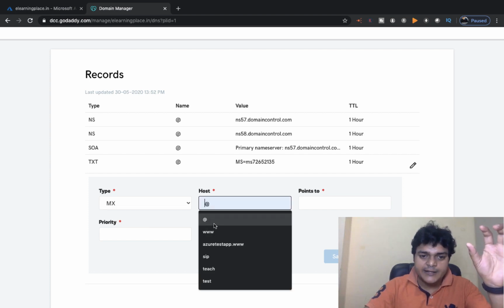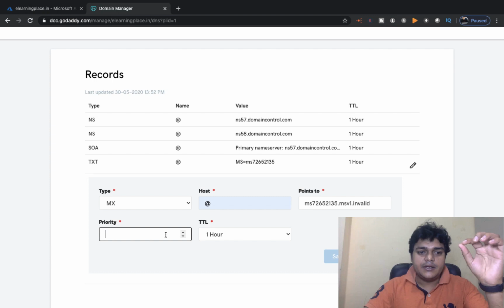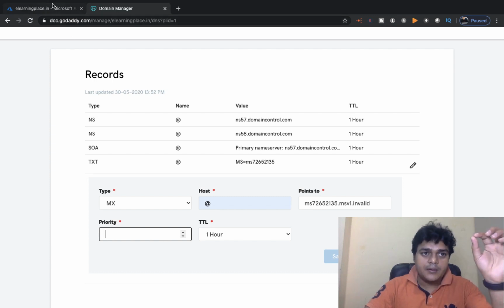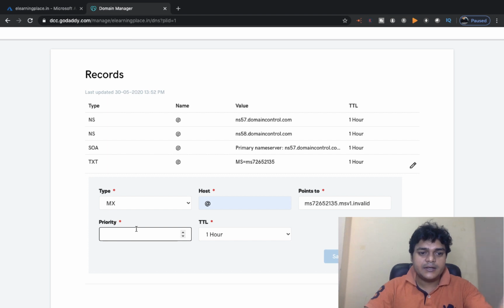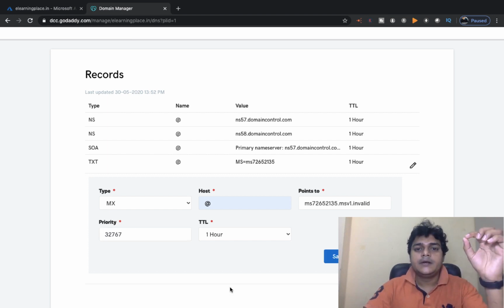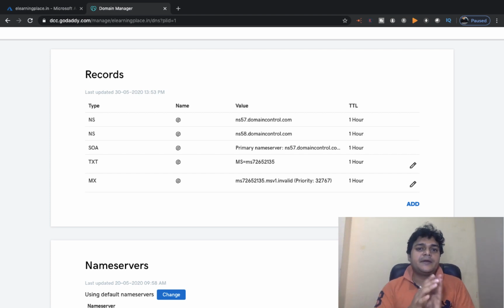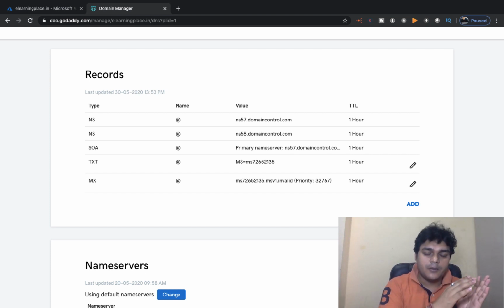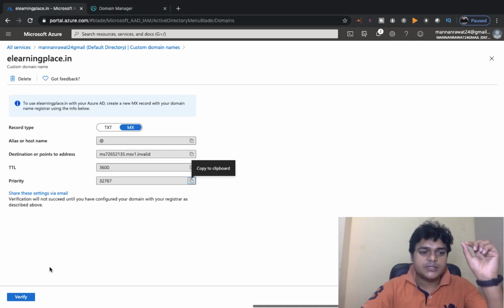Select the host @, and paste the destination address. We also need to copy the priority. So this is our priority. Click copy on the priority and paste it here. Done. Click save. This is the information that we copied from our Azure portal and pasted into GoDaddy.com. Once you complete it, we just need to click on verify.